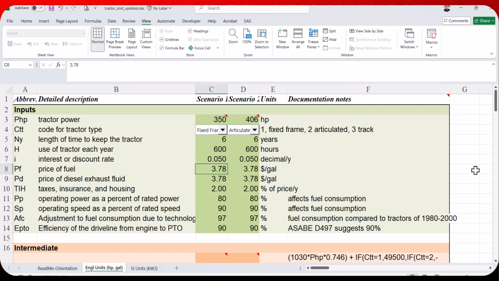We can change the price of fuel. So in the case of today, diesel fuel is about $6 a gallon. Oops, not 60, $6 a gallon. Diesel exhaust fluid is approximately the same cost as fuel. And so from these inputs, and of course you can change the rest,